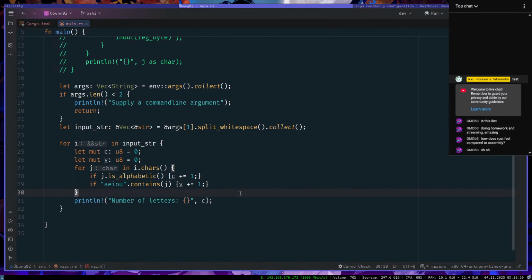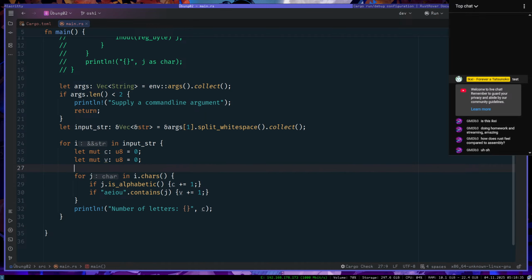So, right, and... I also want let mut word u8 equals 0.